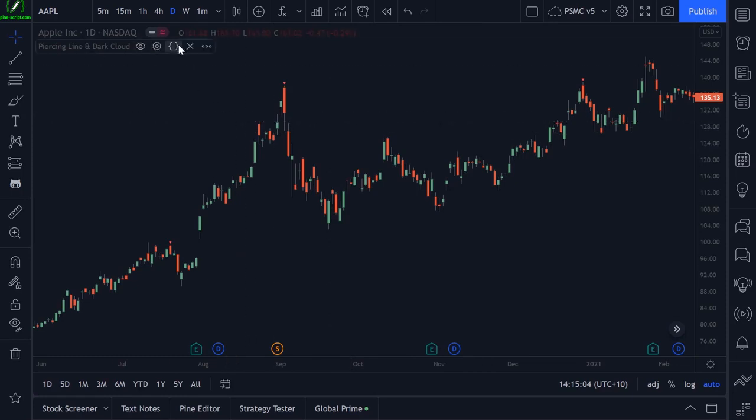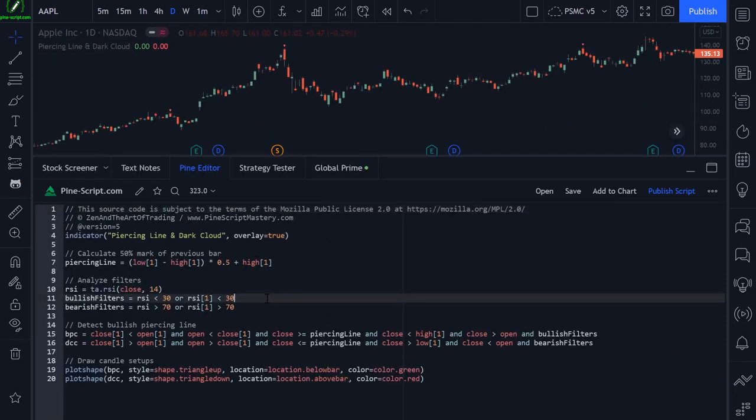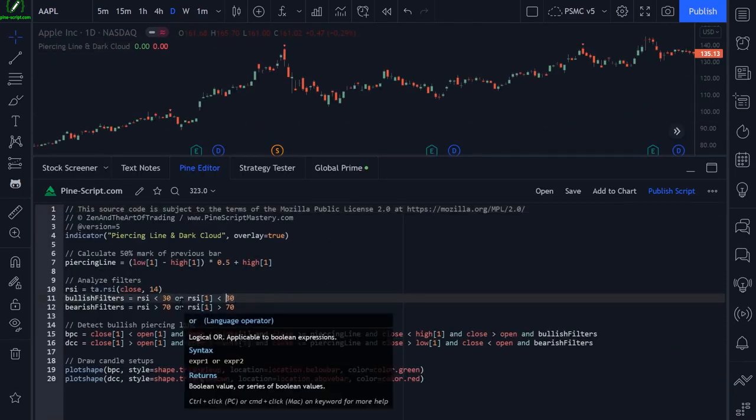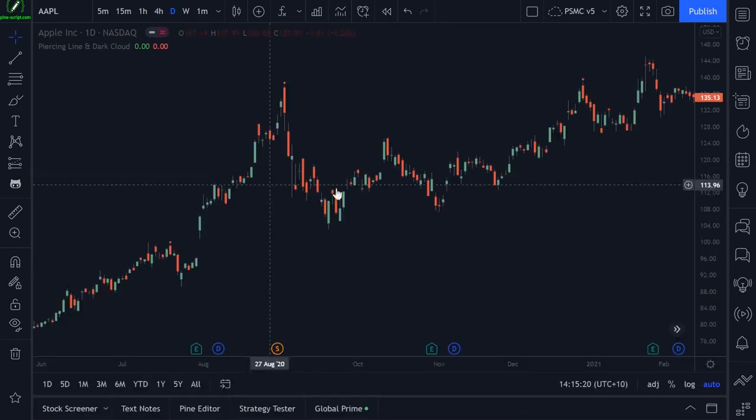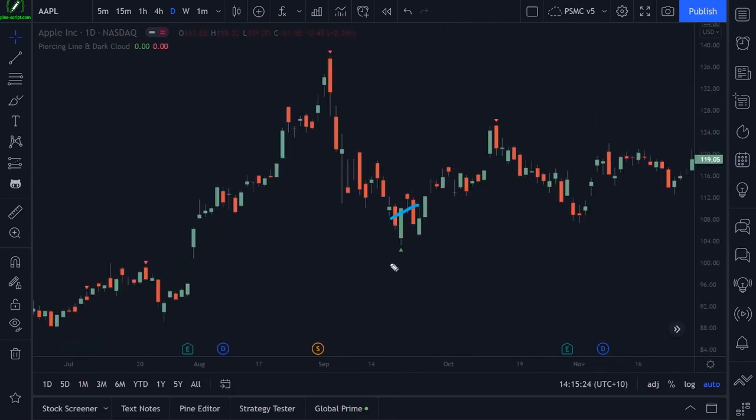So you might want to play around. You might want to add some user inputs here to tweak your RSI values. So you could tweak the length as a user input. You could tweak your overbought and oversold threshold levels as a user input. For now, let's change the RSI to 7, period length of 7, and see if that gives us more signals. And it does. Very nice reversal pattern there,